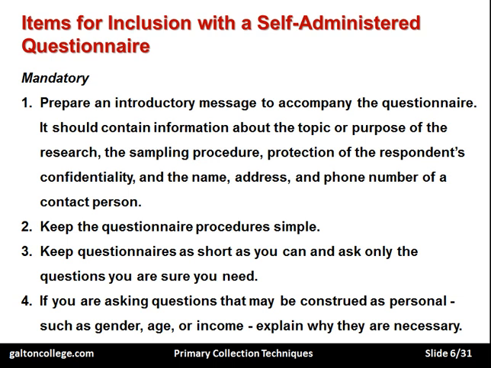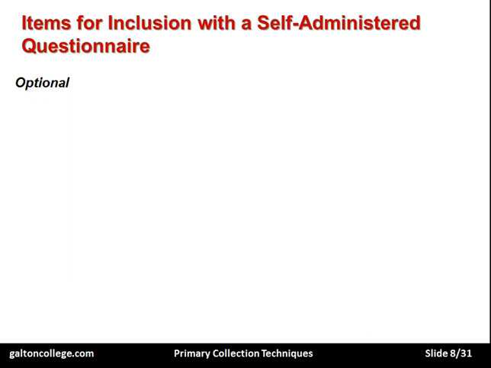And if you're asking questions that may be construed as personal, for example, gender, age, or income, only ask if absolutely necessary. And if they are asked, reassure the respondent that confidentiality will cover these issues anyway. But only ask the questions if absolutely needed. Now the optional